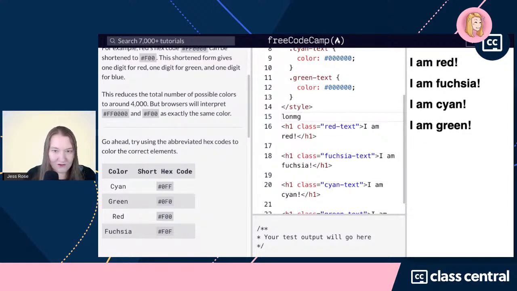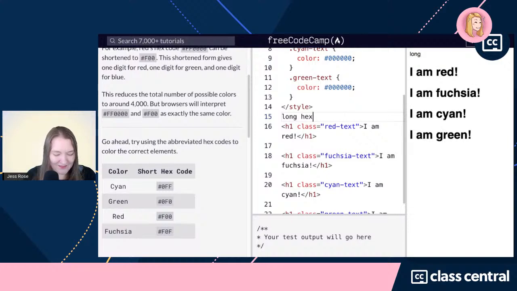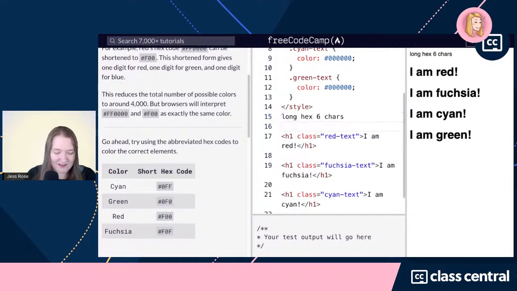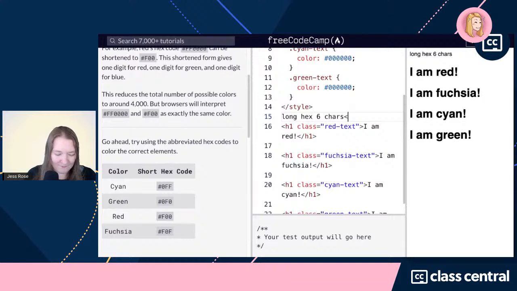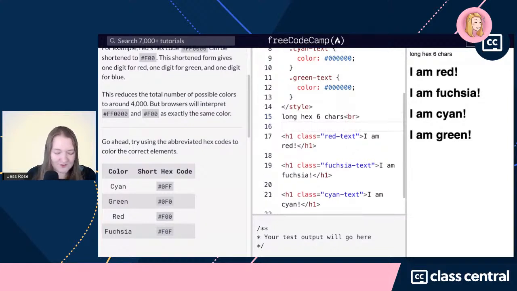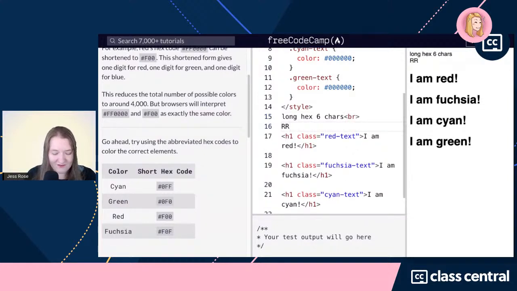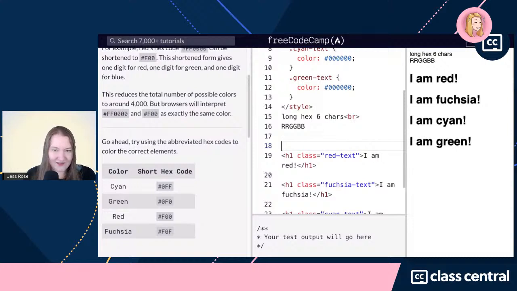So long hex, six characters, and let's add some breaks here. Those are going to be red, red, green, green, and blue, blue. So we're showing this in a different format than we did last time. Here we're saying,